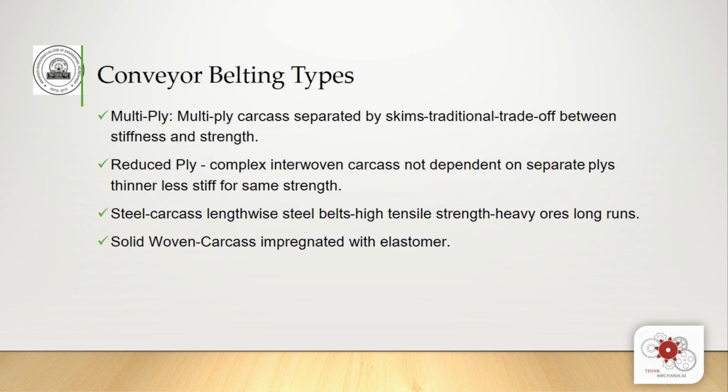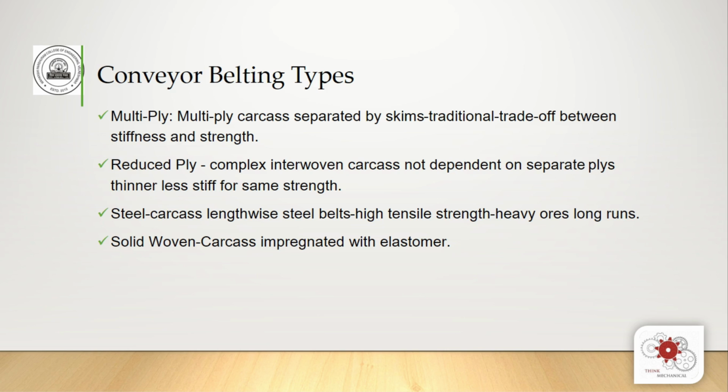Then what is reduced ply? Reduced ply is a complex interwoven carcass and it is independent of separate plies. Less stiff, with a thin layer, and along with the thin belt it is at the same time of the same strength. Then steel carcass has lengthwise steel cords. It is of high tensile strength, for heavy ores and for long runs where the distance is not an issue